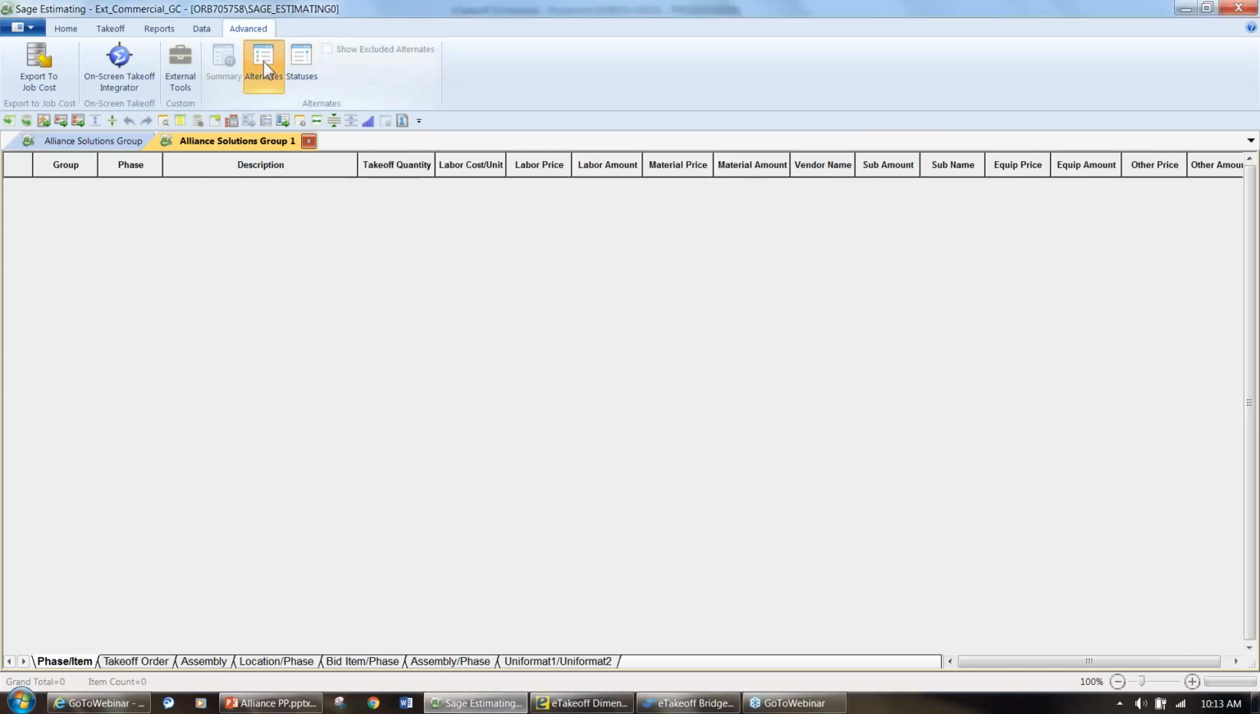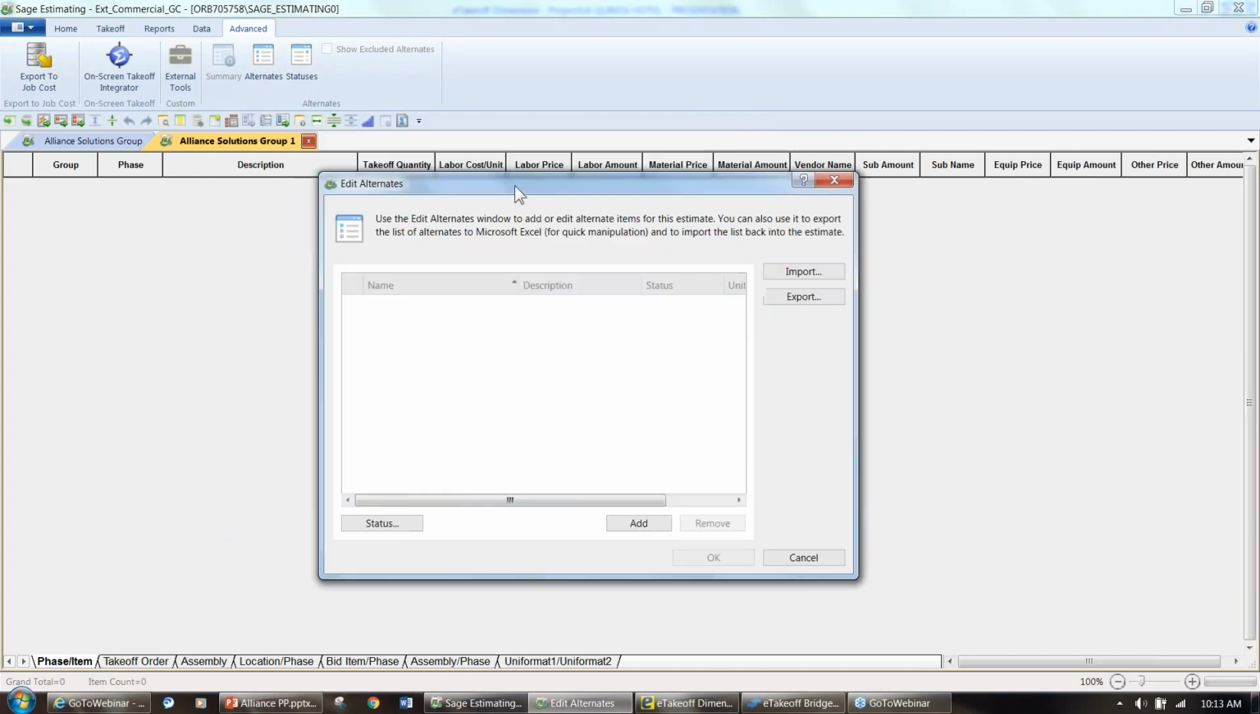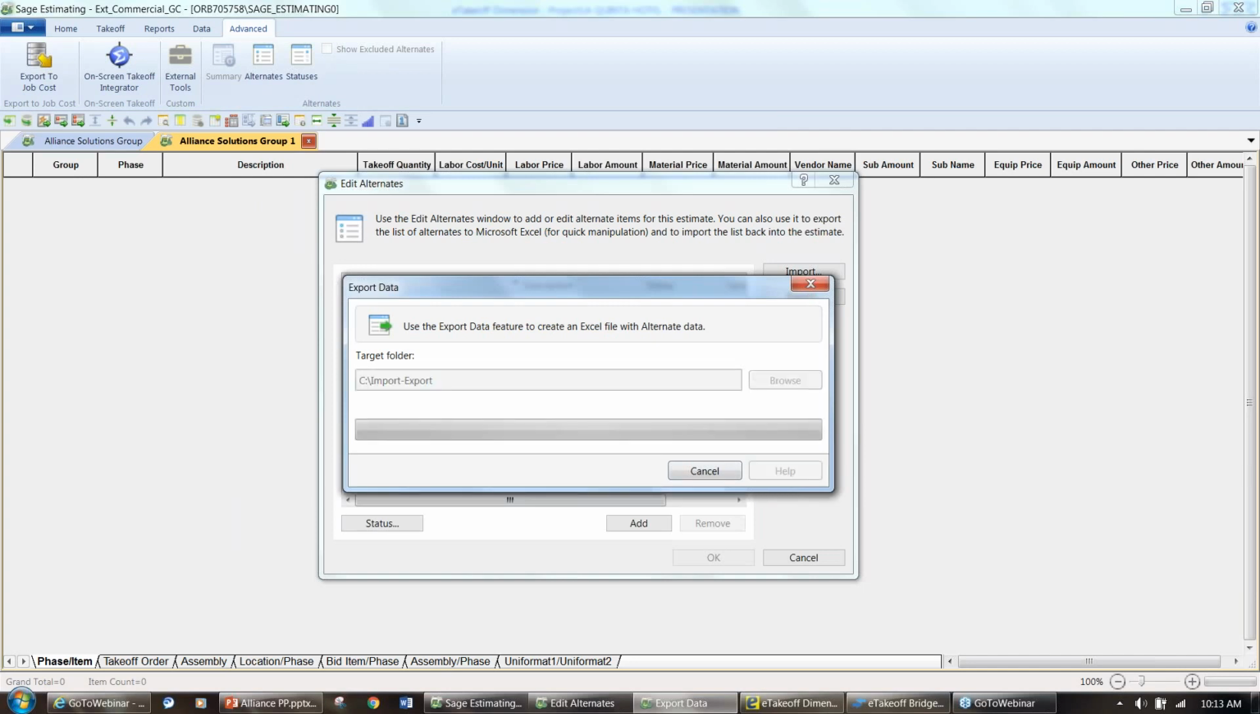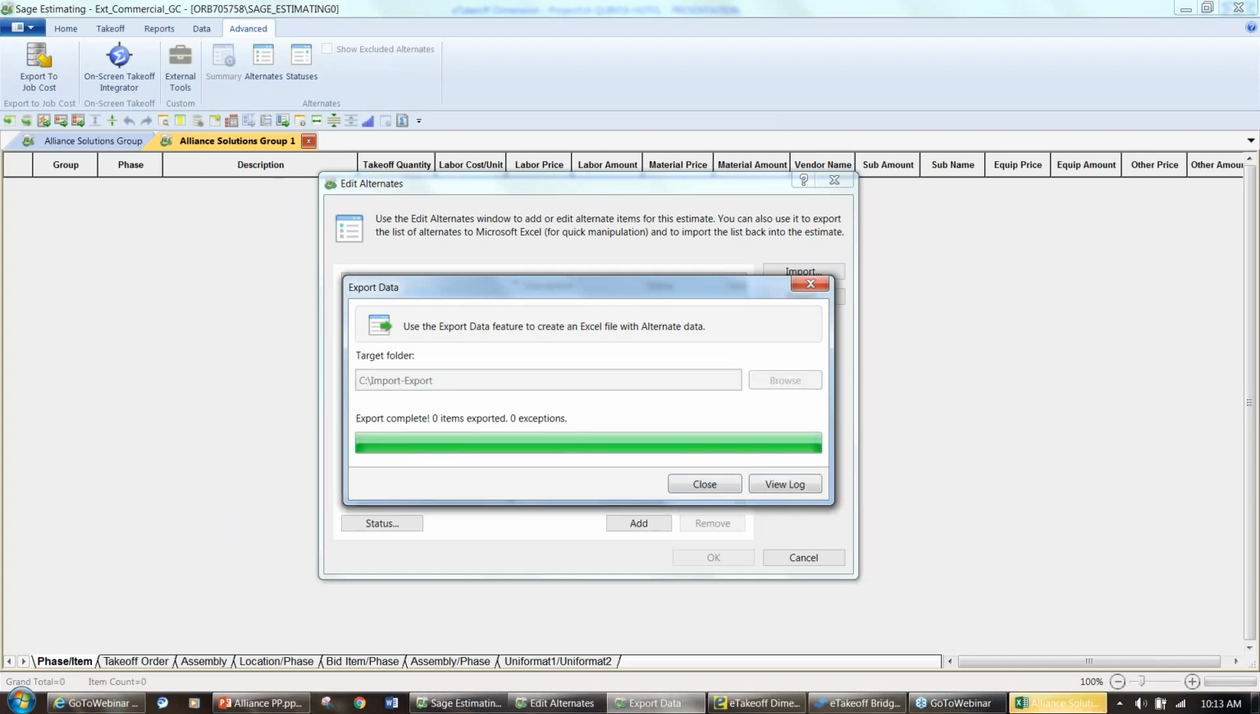And then as we build out our alternates, same thing, we're going to give you the capability to export this out, once again creating that Excel spreadsheet. And for those of you that have been on the SQL product, we have built the data connector in. So if you are using database editor,